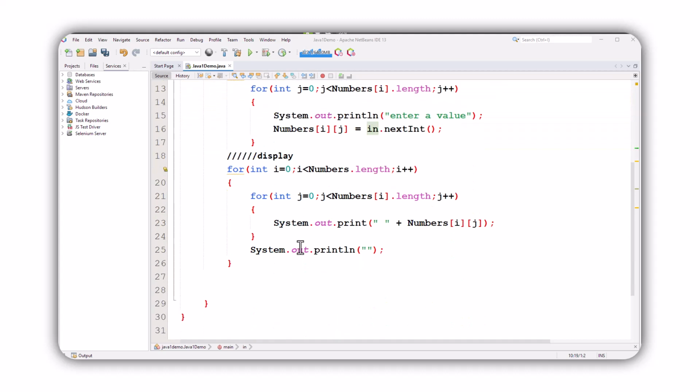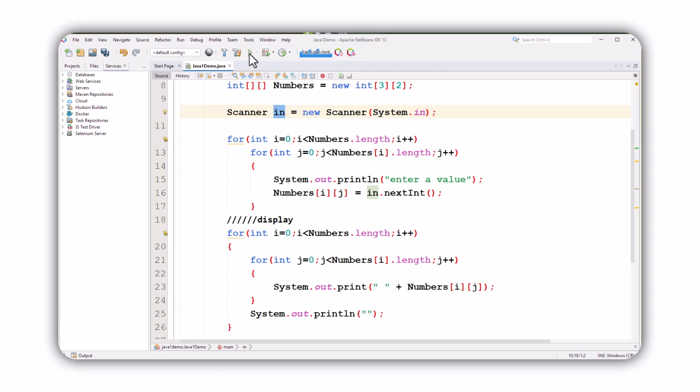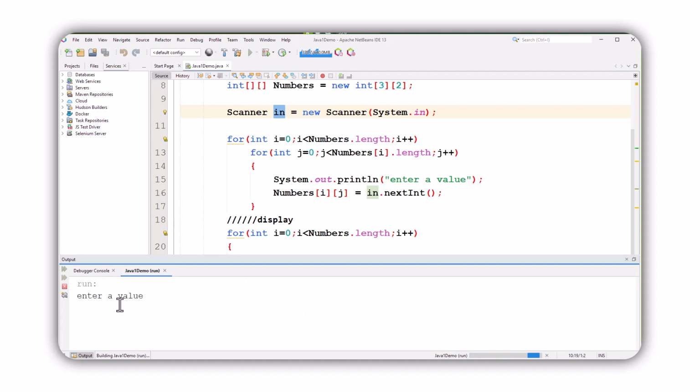Okay, so we will try to run this one and see if everything works. Okay, now let us just run it and see. Okay, now it is asking us to enter a value. So let's say